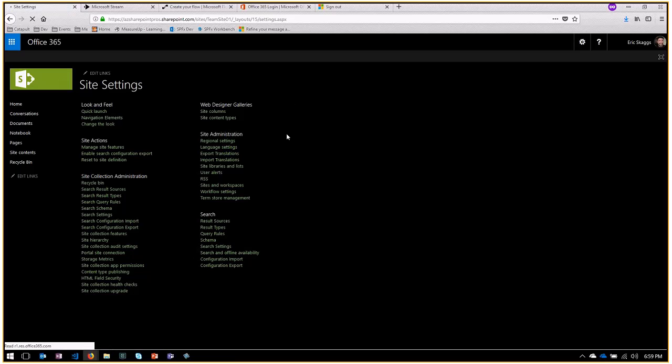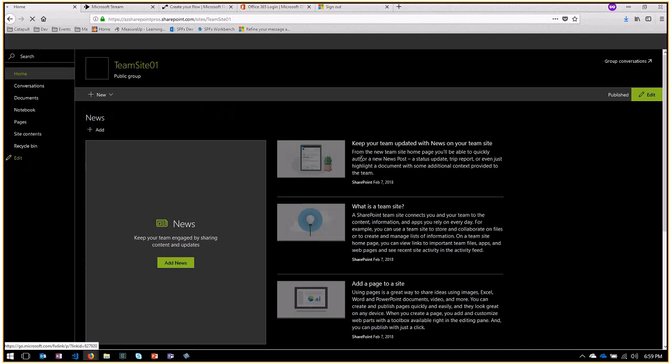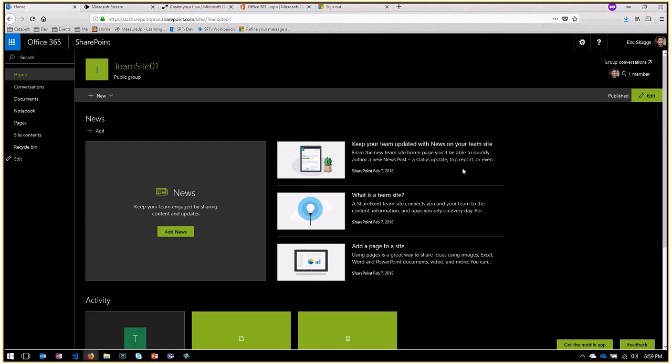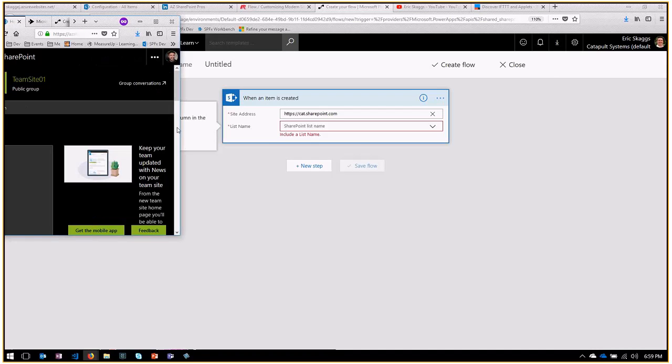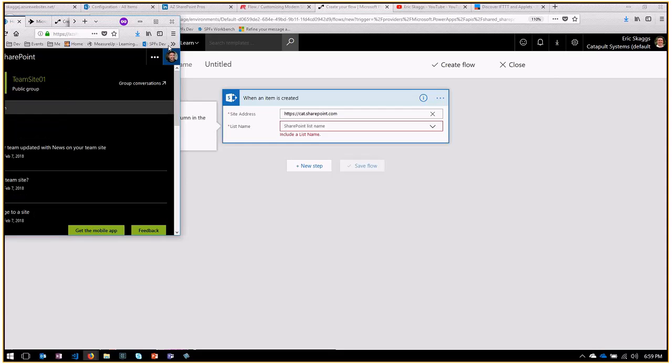And there's our team site 01. It's black and green, and there's content in there. It's a modern site, so it's responsive, right? As I look at this on mobile devices or I narrow my viewport here, it responds to some degree,